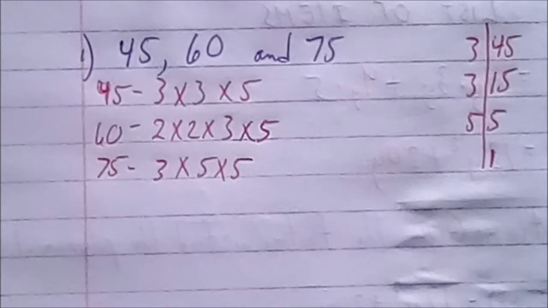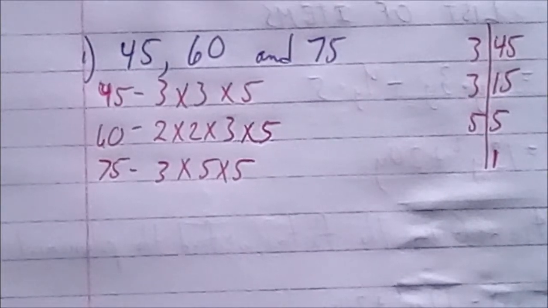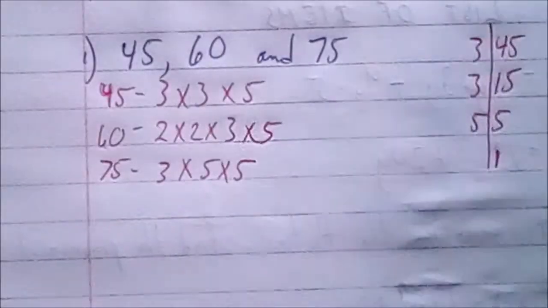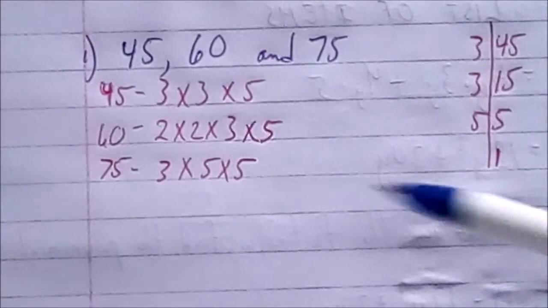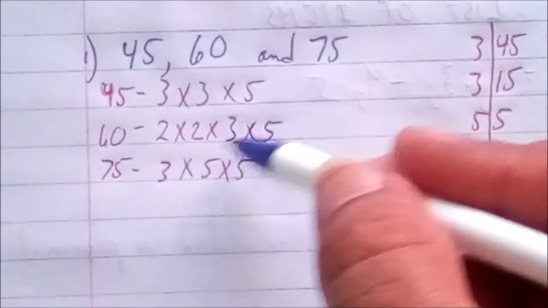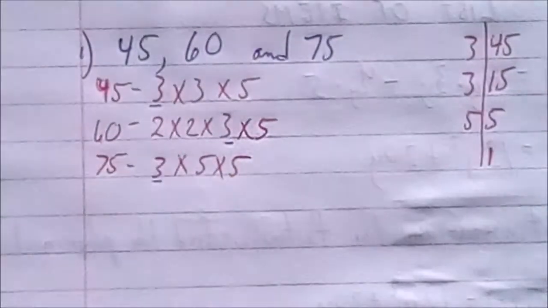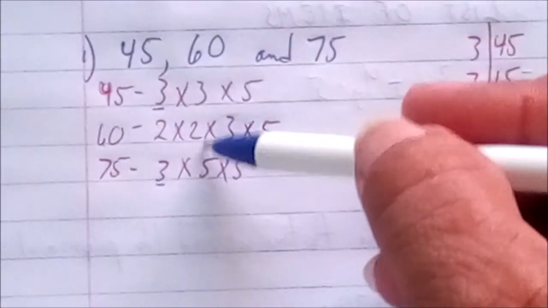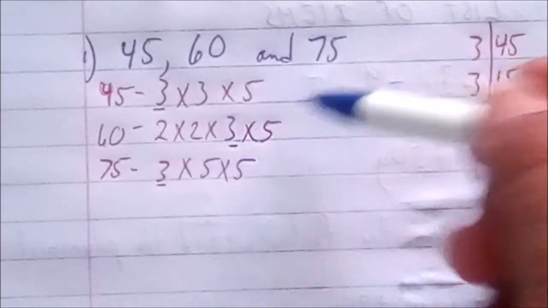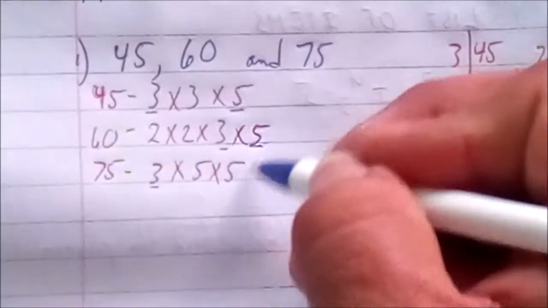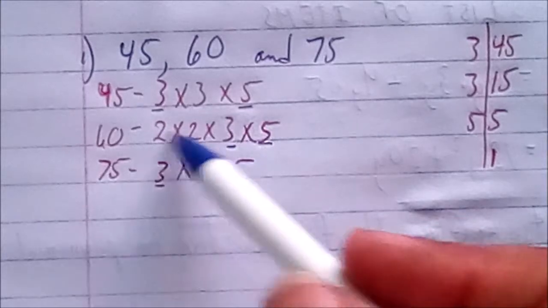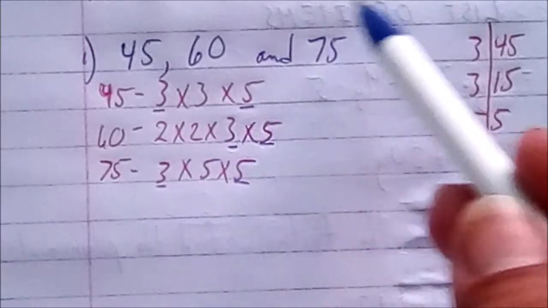So let's look at them. What do they all have in common? Okay, so we look at the trees. 3 is here, 3 is here, and 3 is here, so that's a common factor. This 3 is only here but not in the other one, so we cannot include that. 5s, yes, 5s are here, so therefore the 2s will not be included as part of the greatest common